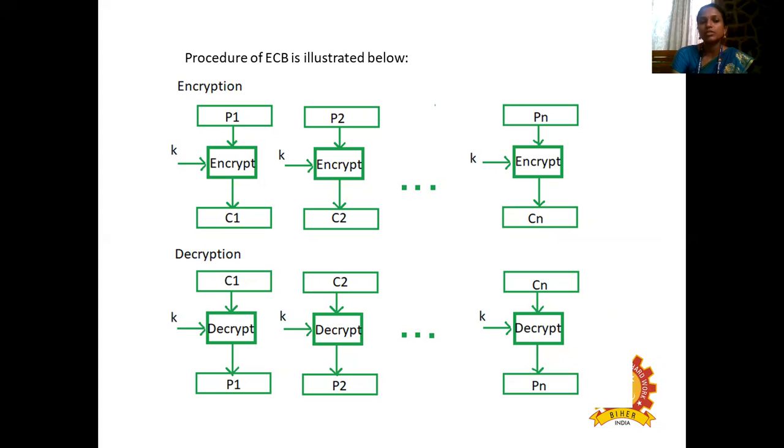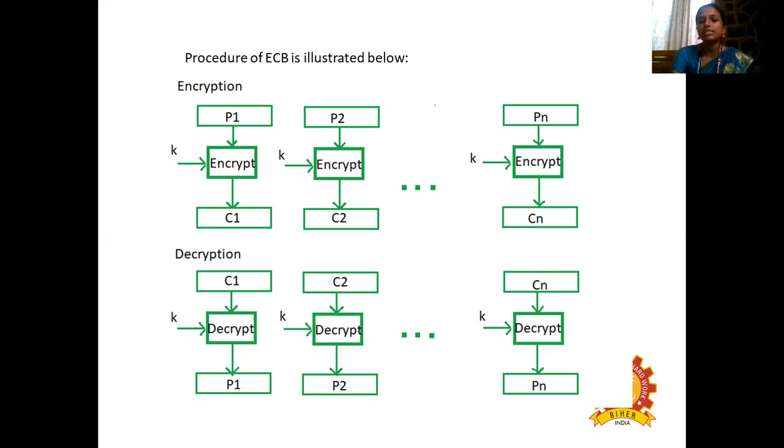Encryption and decryption process. The encryption, as we studied already, divides the message into a number of blocks and each block is processed separately. So here the blocks are divided into P1, P2, up to Pn. Our input is plain text, that means P1 is plain text 1, P2 is plain text 2, and P3 is plain text 3, going on up to Pn. First take the plain text P1. We encrypt the data with the help of a key and it produces the output ciphertext C1.